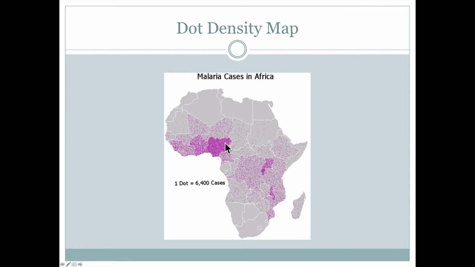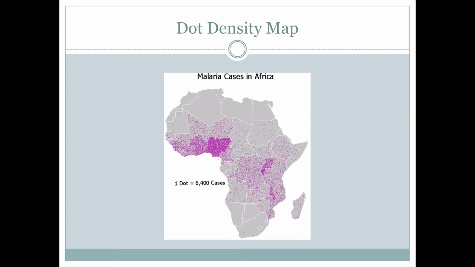We have a lot of malaria cases here. We still have some here, but I would guess most of those were in the south part of this country. And if we have a country that extends through both of those, once again, I would assume most of these malaria cases here are going to be in sub-Saharan Africa, in this location here. So when the dots are distributed randomly,